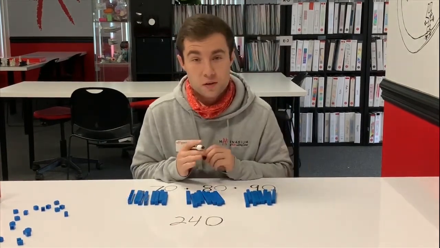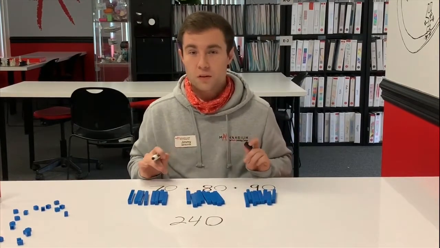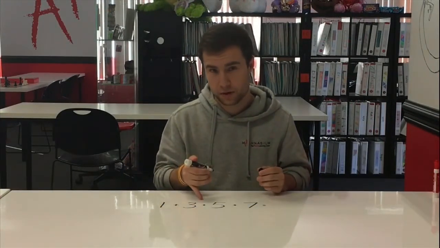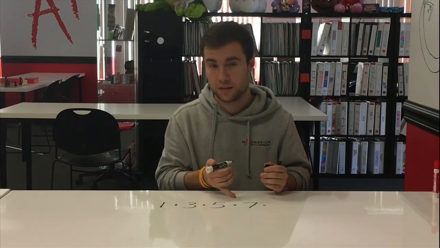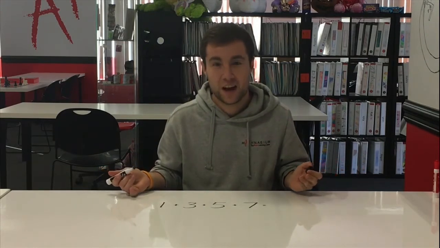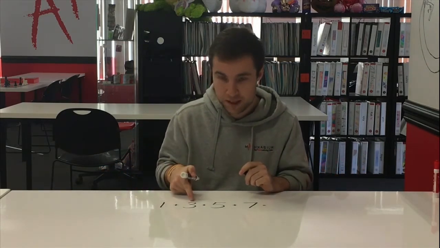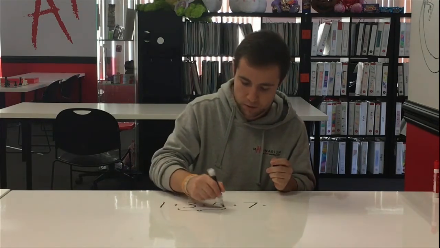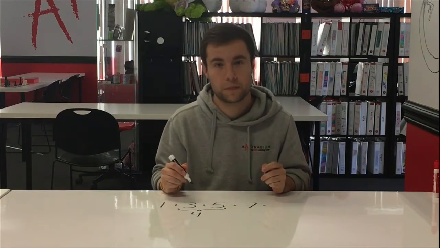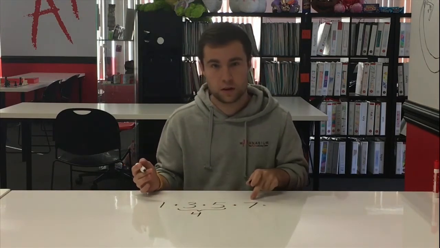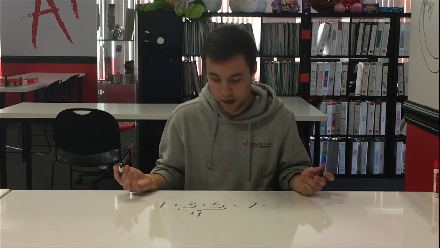Now I know I can take my middle number in my sequence and multiply it by the number of values in the sequence. Let's try another one where we're counting by 2s. My rule is find the middle number and multiply it by the number of values in the sequence. But look, I don't have a middle number listed. So what should I do? I'm going to think about what number is between 3 and 5. Well, that's 4. So now I know my middle number right here is 4. I'm going to ask what is 4 times 4, because I have 4 numbers in my sequence. 4 times 4 is